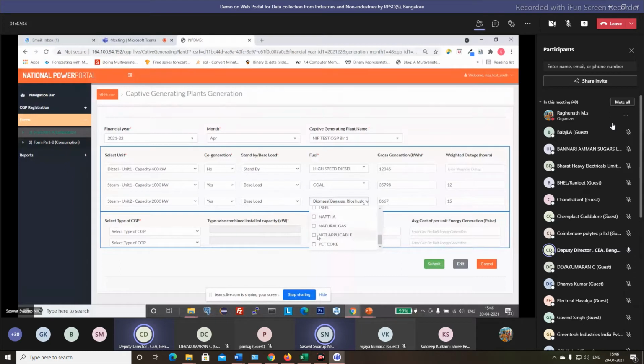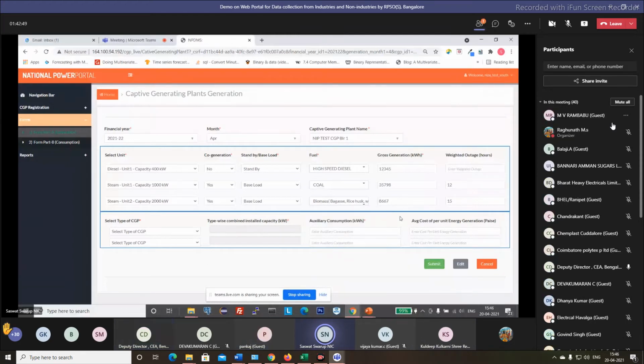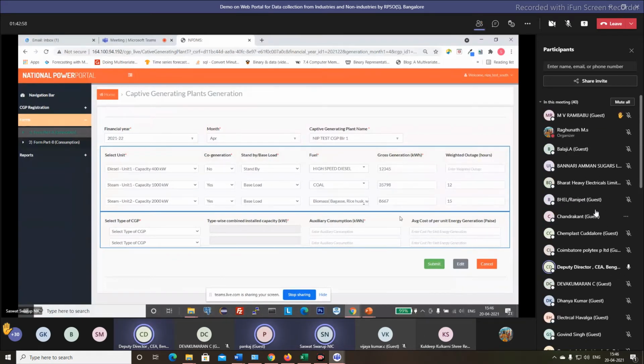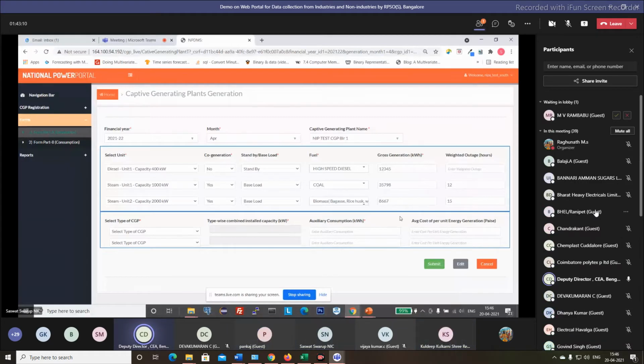There is also a not applicable option, like for solar and wind, where no fuel is used; you can simply click not applicable. But in this case they have a specific fuel. Then, if it is missing, they can mail you, and you mail us, and we can add that fuel here. Sir, we can add it right now before registration. You can just mail our RPSO ID. We will accommodate it. If any particular fuel is not available in the drop down, just mail us and we will incorporate that.